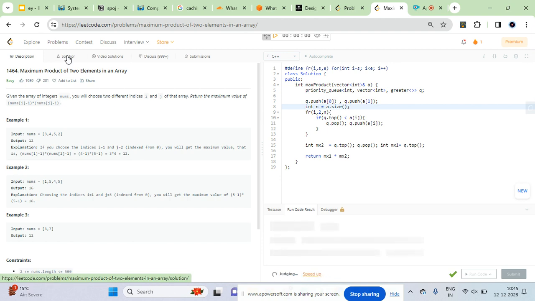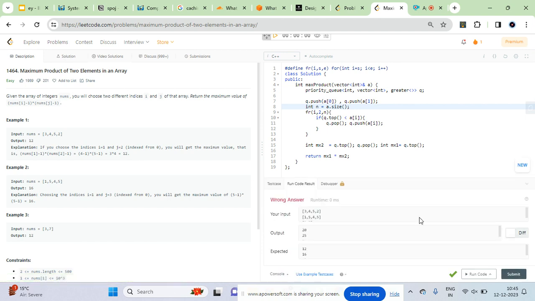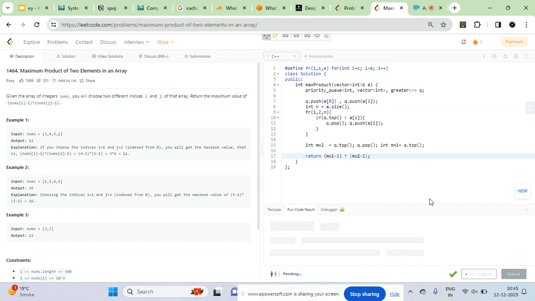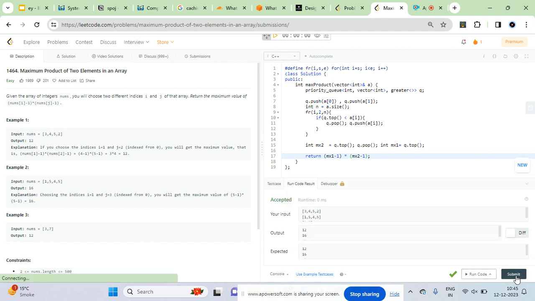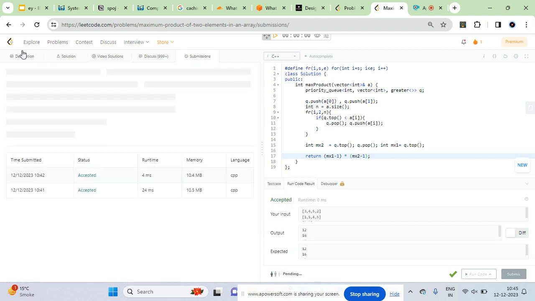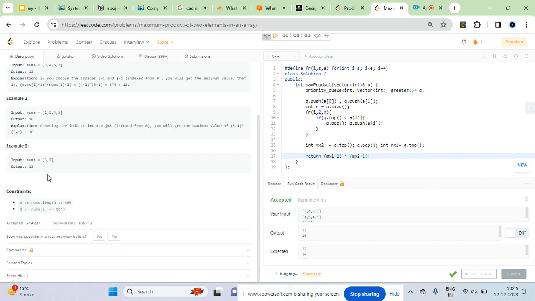The good thing about this, we have solutions as well over here. I don't think we can do this with an order of n solution. What is the error in this? You have to do mx1 minus 1, mx2 minus 2, minus 1, sorry. Submit this up. Yeah. What I was saying is that I don't think we can do somehow order of n,